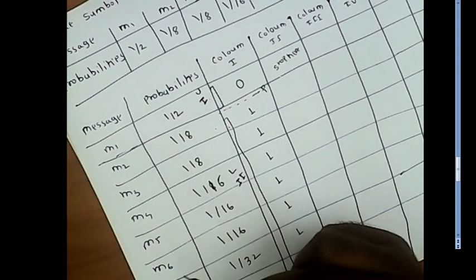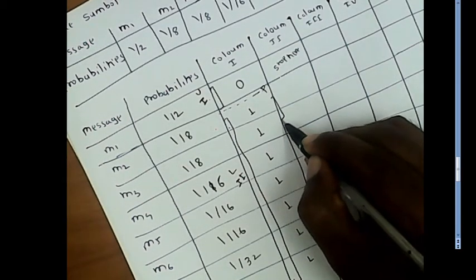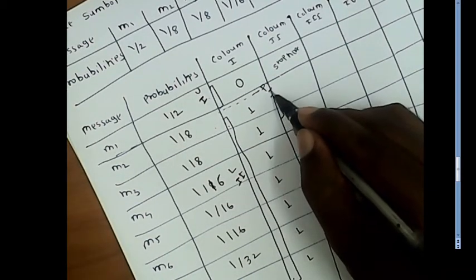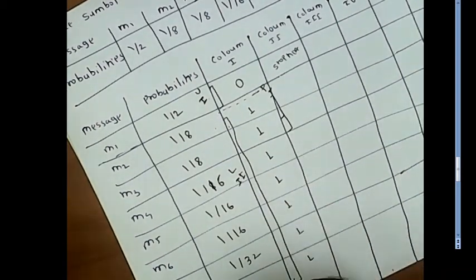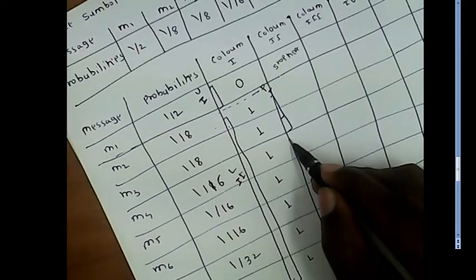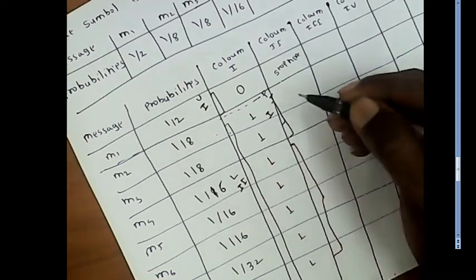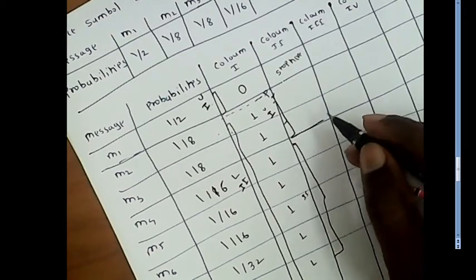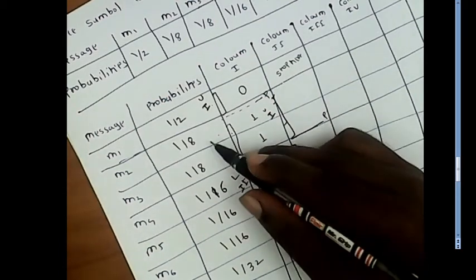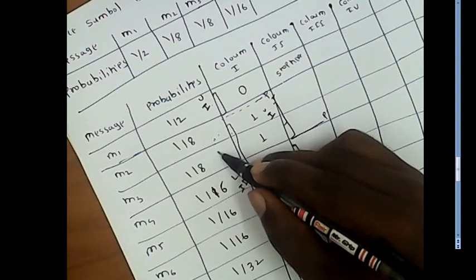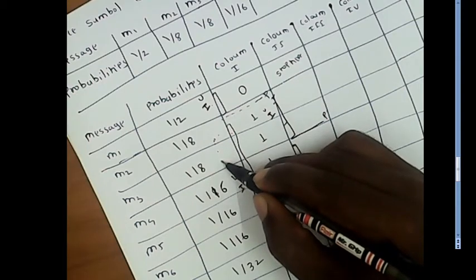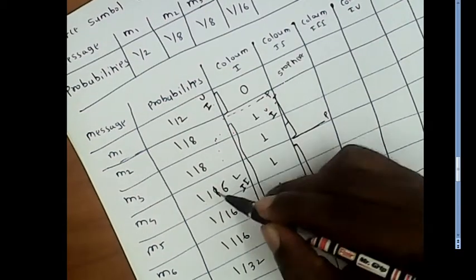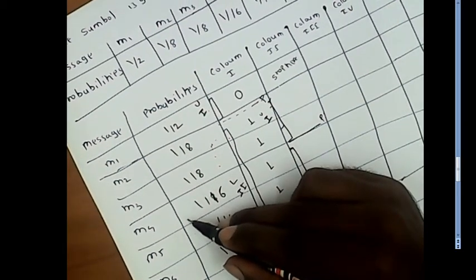Now we can check M2 and M3 as one set in column 2, second step. So we consider M2 and M3 as one set, and the remaining M4 to M8 as the second set. So this is set 1, the upper set, and this is set 2, and we can take a partition here. If we calculate, the probabilities of M2 and M3 are equal to the probabilities of M4 to M8.